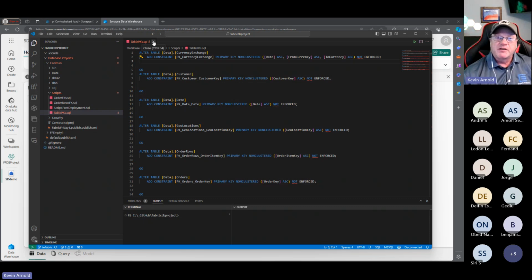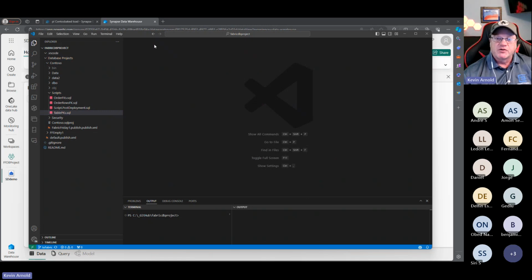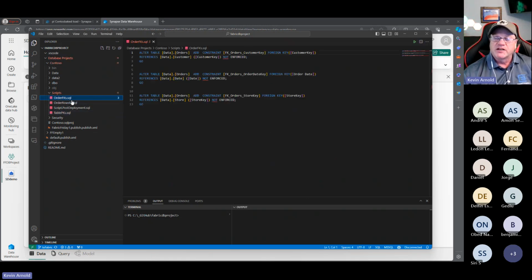These database projects will partially write this out, but it wasn't doing a great job for me, so I moved it over to my own. And then as well as the foreign keys, this has foreign keys on the orders table, going from orders over to our customer key. And again, they're not enforced, so they're really just there for documentation. And it's going to help us potentially build semantic data models, right?